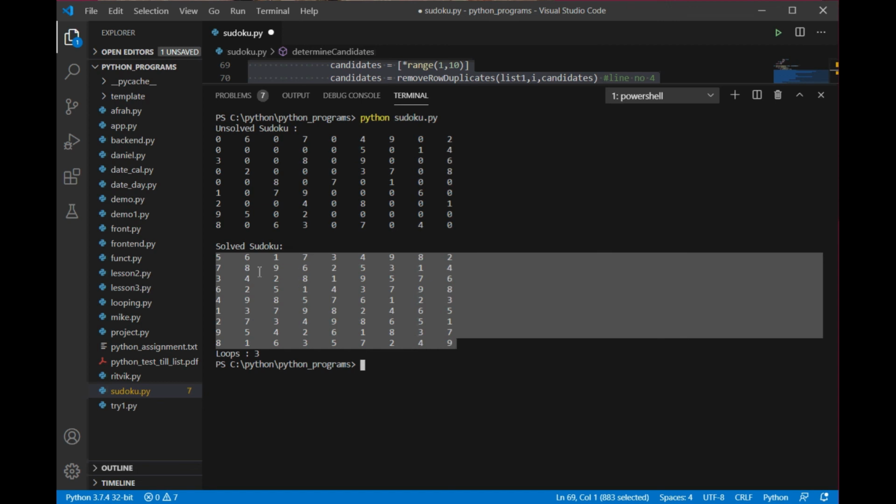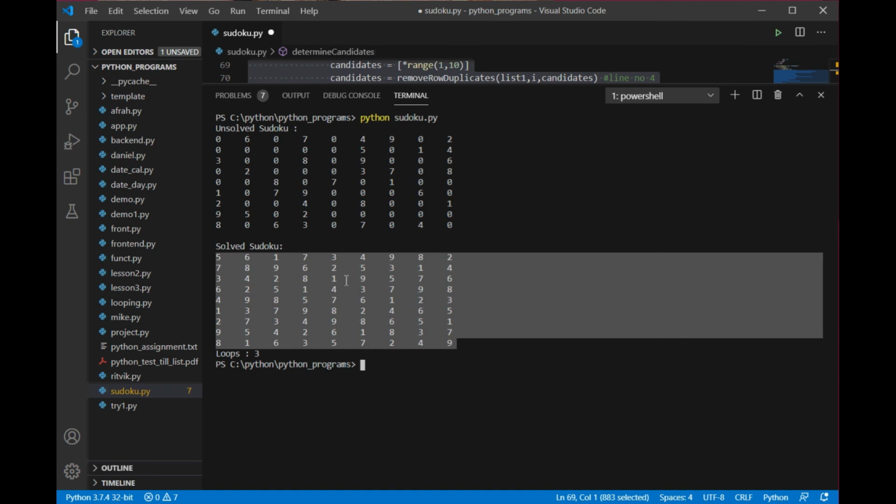Okay, now if you have a look, if I have the 6 here, my corresponding row is not having 6 and my corresponding column is not having 6. Suppose if I have 7 here, my corresponding column is not having 7, my corresponding row is not having 7. So these are the constraints: each value can range from 1 till 9, and that is totally satisfied if you look at the output. The second constraint was that if I have a particular value, then the row and the column corresponding to that value cannot repeat that value. So I have made those checks as well. Okay, so this is the output.